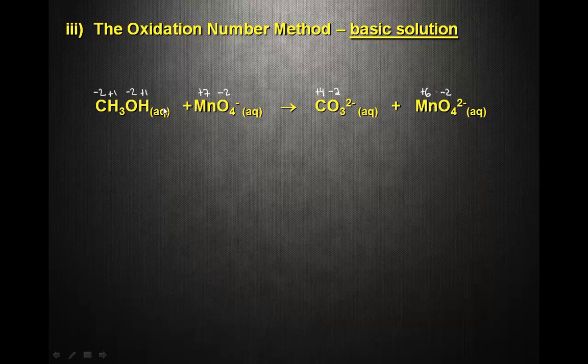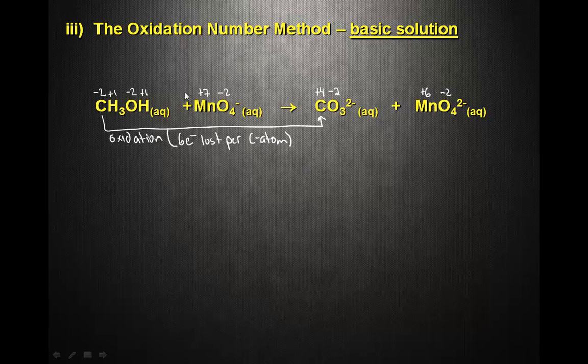And the next step is to look for the atoms that have been involved in the oxidation and reduction. And these are the ones where the oxidation numbers have changed. So I look at carbon and I notice that carbon has gone from -2 to +4. So it's getting more positive. So that is an example of an oxidation. It's lost electrons. Now, how many electrons has it lost? Well, to go from -2 to +4, that is 6. So we've lost 6 electrons per C